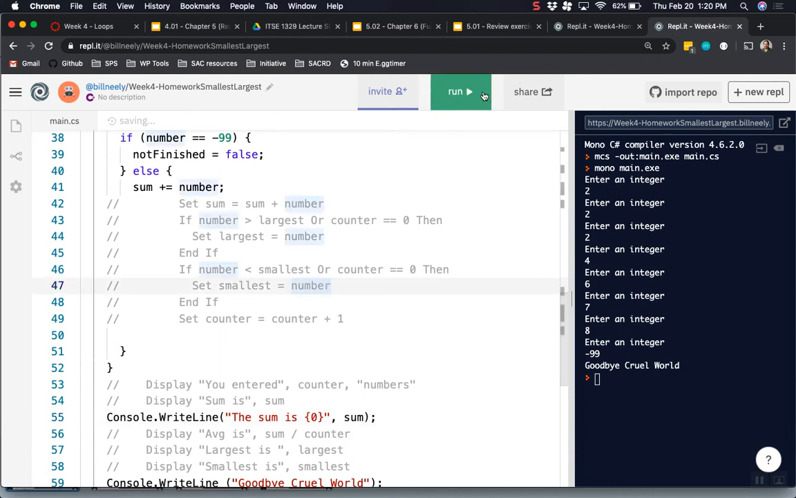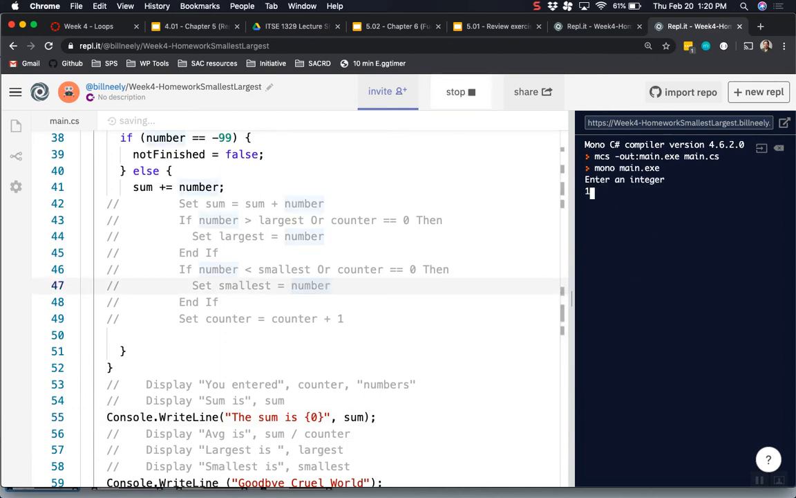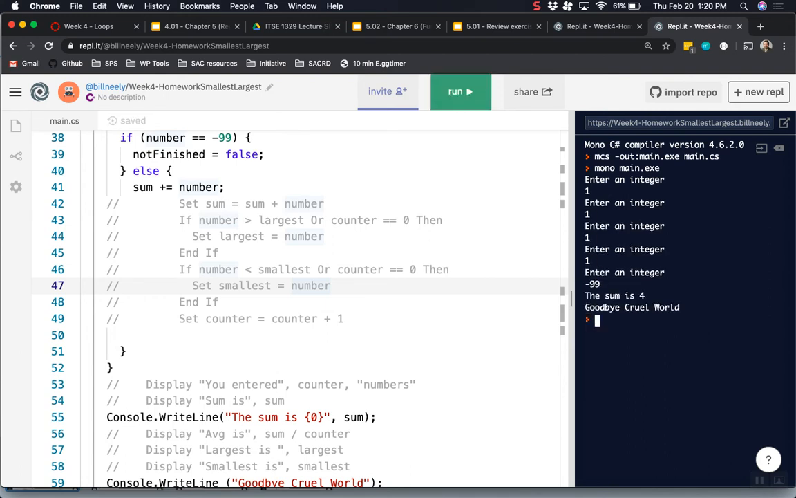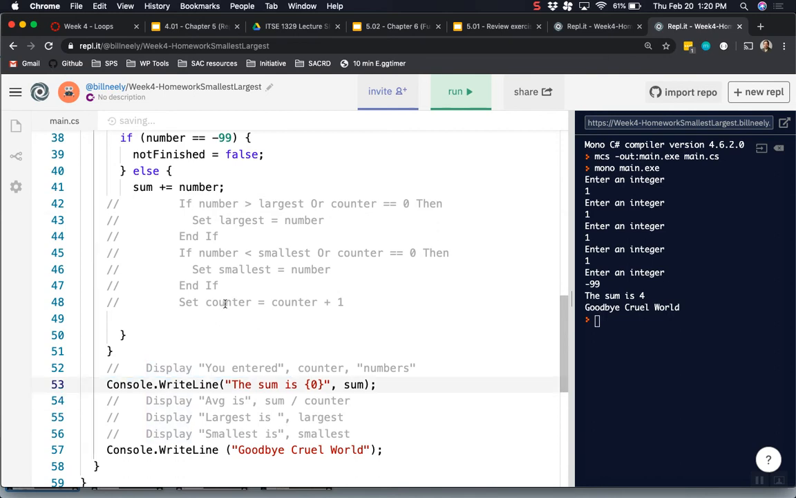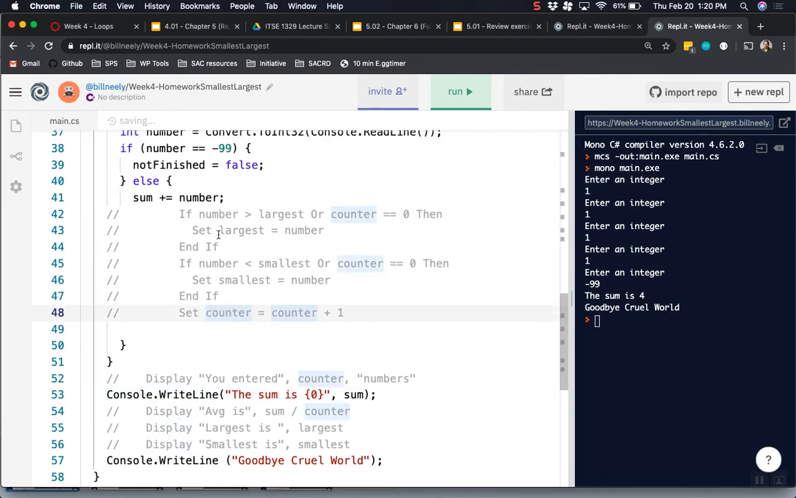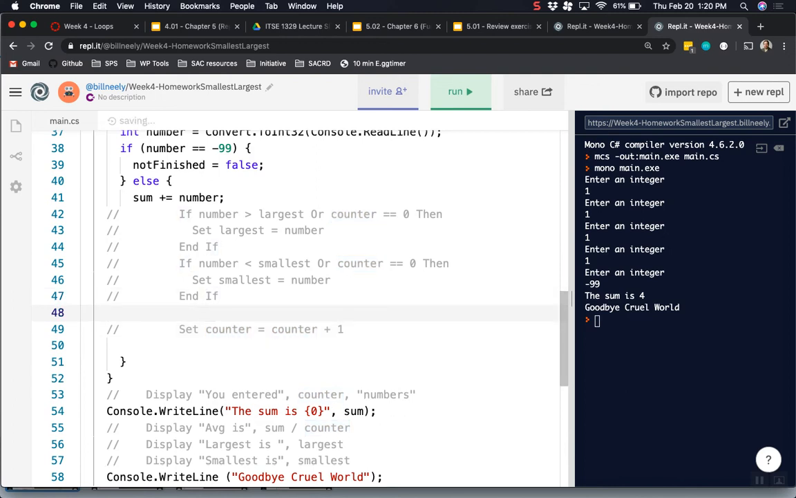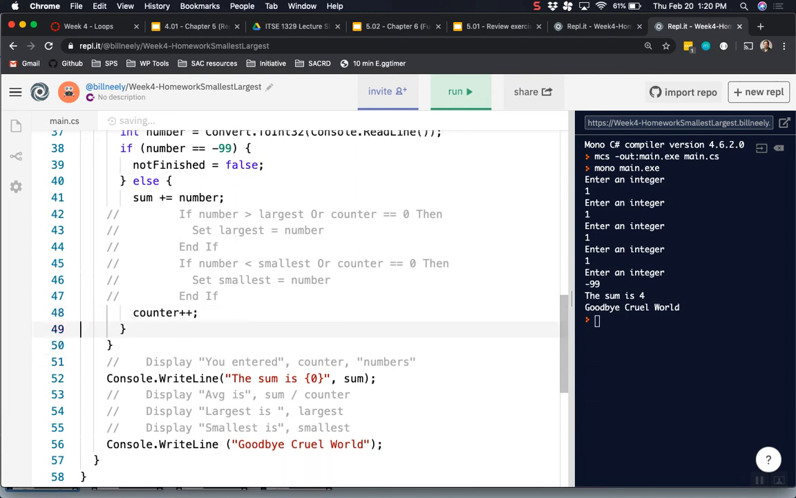Okay. Now if I run it again, I should get the sum. 1, 2, 3, 4. My sum should be 4, right? The sum is 4. Okay, so now the sum is done. So now I can go ahead and take out the pseudocode for the sum. Okay, let me do the average. In order to do the average, I need to do the counter. So I'm going to come down here and say counter plus plus. That means I don't need that anymore. And then here I can say